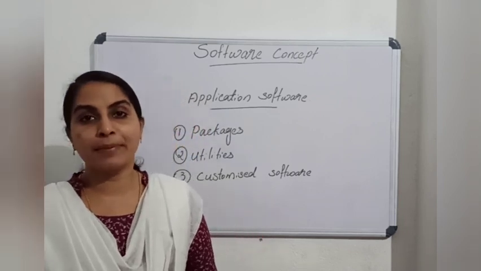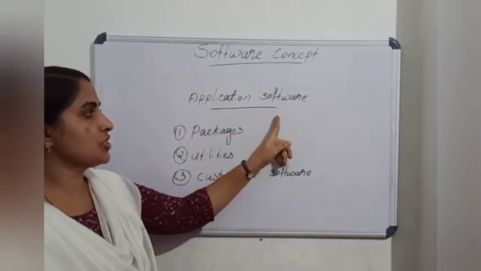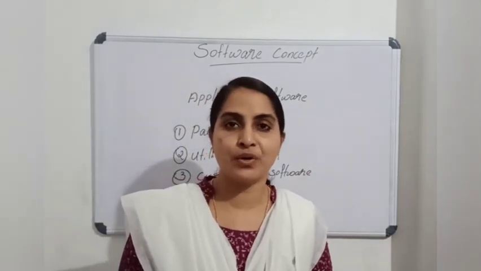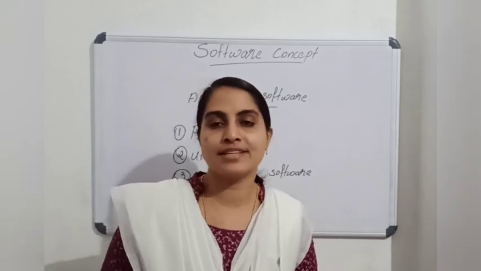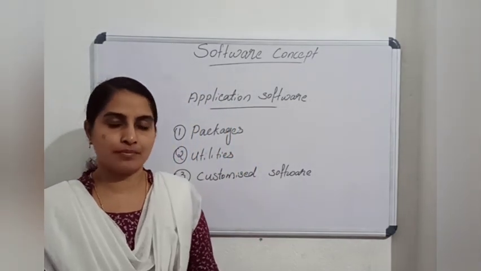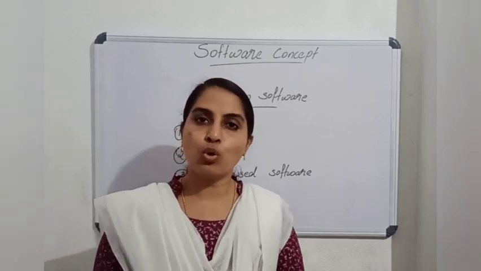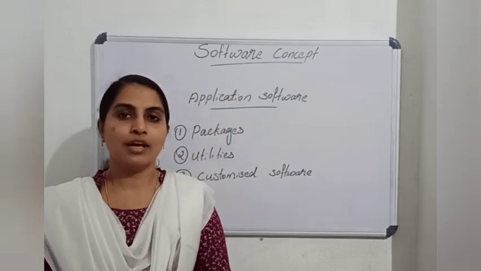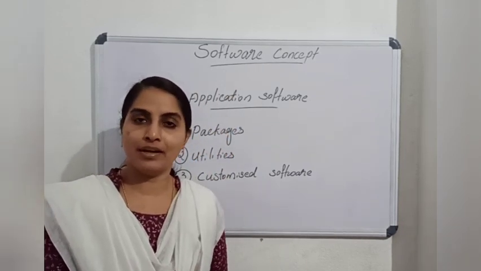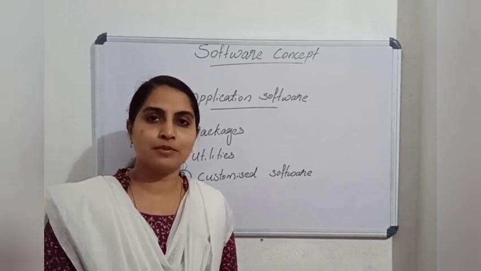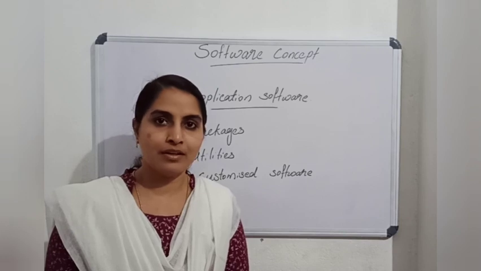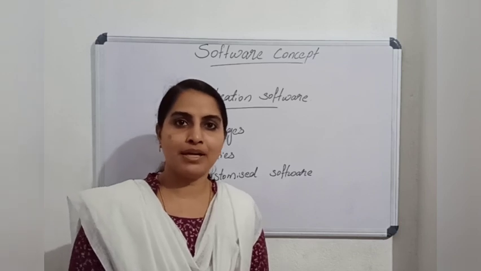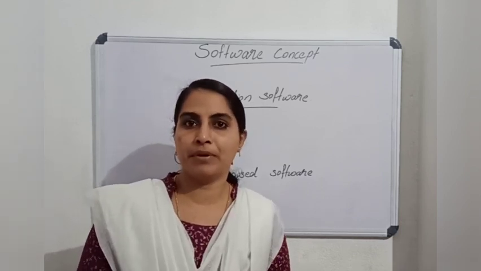The next topic is application software. Application software means the set of programs necessary to carry out operations for a specified application. For example, railway ticket reservation system, library management system, school management system. They are specialized for a specific application. A school management system we cannot apply in a railway system. A bank management system we cannot place in a library of a particular institution. So they are really based on a specific application.